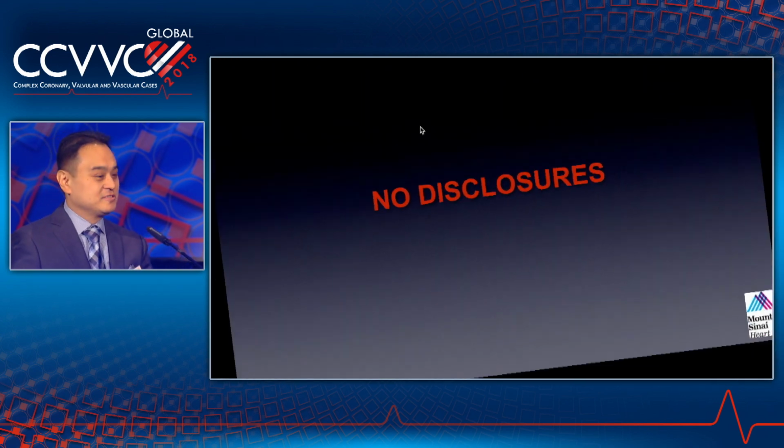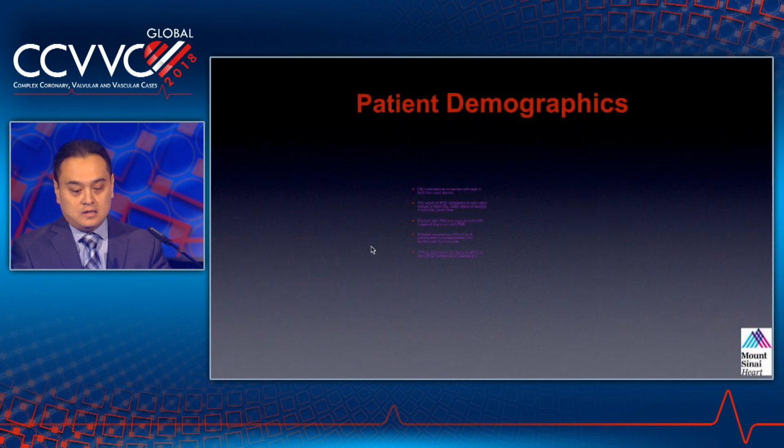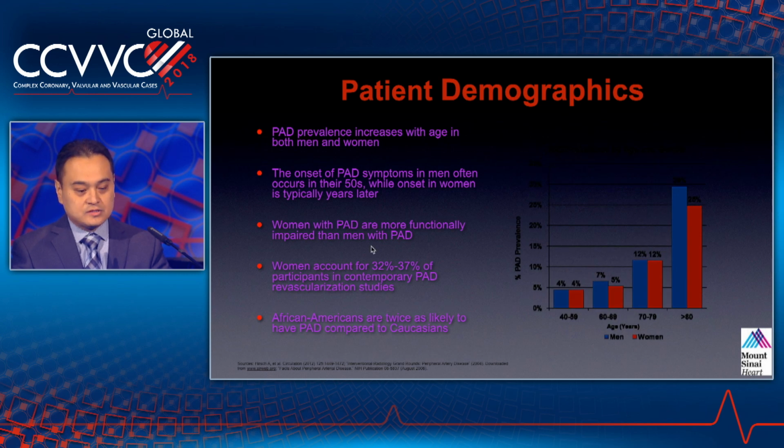So no disclosures. Just to start with, what is peripheral arterial disease? Well, as we know, like in coronary artery disease, PAD is an obstruction of blood flow in non-coronary and extracranial arteries, and it affects a lot of people, pretty much 8 to 12 million Americans. 40 to 60% of PAD patients also have coronary and cerebral artery disease. Just patient demographics, of course,